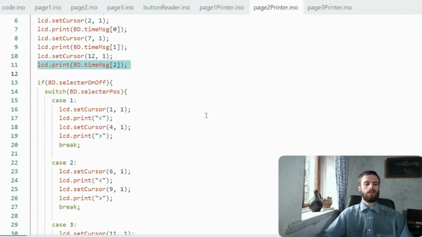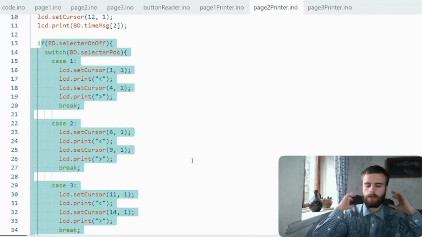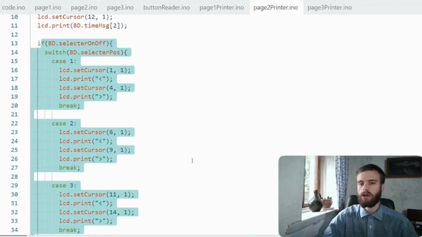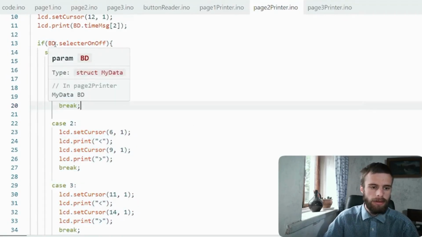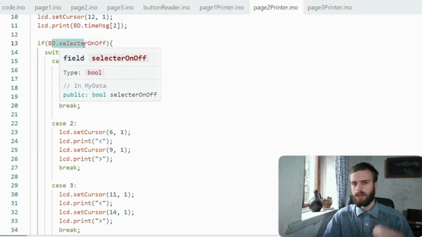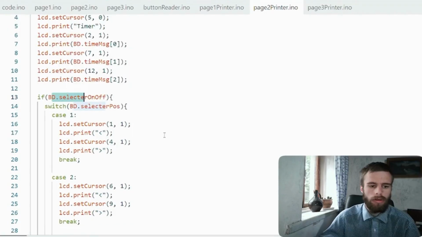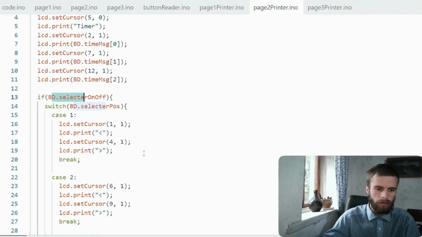And so then all this right here is responsible to detect if we should be blinking a cursor next to one of these numbers. So in this case, we come in here and say bd.selector on or off. So this will tell us if the selector should be turned on or off. So if it's true, then we should be turned on. If it's false, then it should be turned off. So in this case, if it's true, that means we should be turning on,